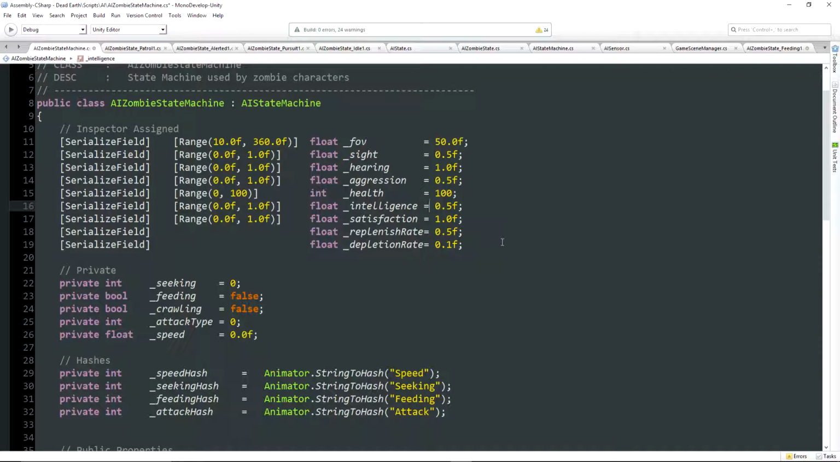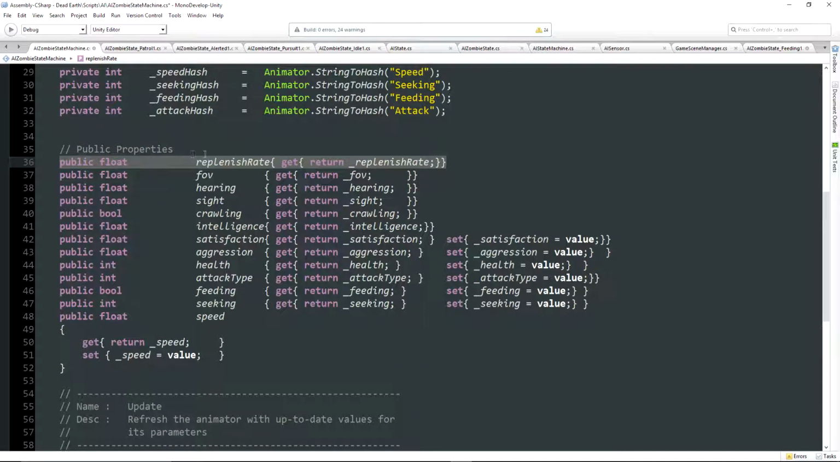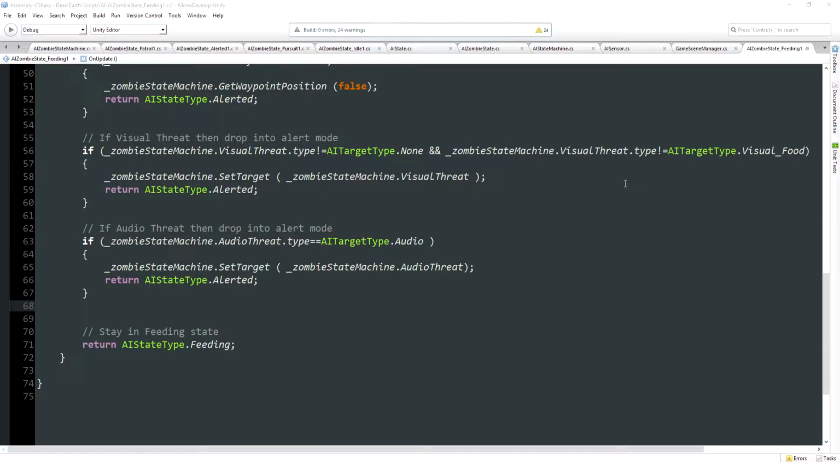So we don't really need to have a property for the depletion rate, because this is all going to be handled in the update code of our zombie state machine, and we'll do that a little bit later on. For now, we just need a property that allows our feeding state to read what the replenishment rate is, so that it can add that to our zombie's satisfaction. So scrolling down to my public properties block, as you can see, I have a public float property called ReplenishRate without the underscore, which simply has a getter that returns our replenish rate private variable. So if I save that off now and go back to our feeding script,